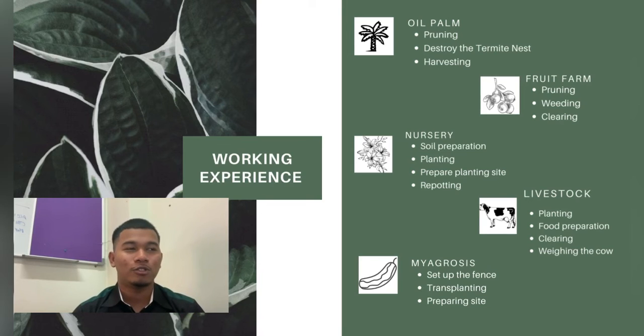So we want to talk about the livestock farm, in the second last week. The main activity at the livestock farm is repairing the fence. The equipment we use is a cutter and a hammer. So we want to talk about the procedure of this activity.